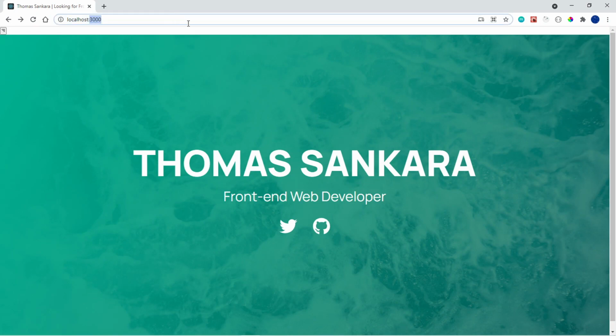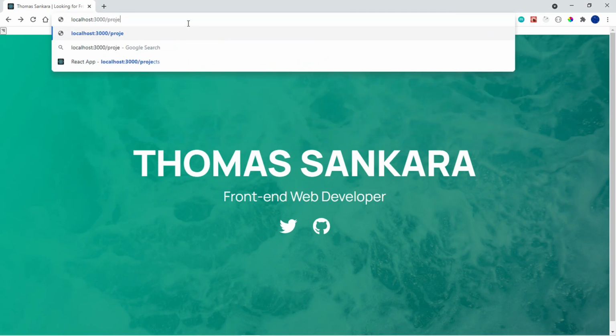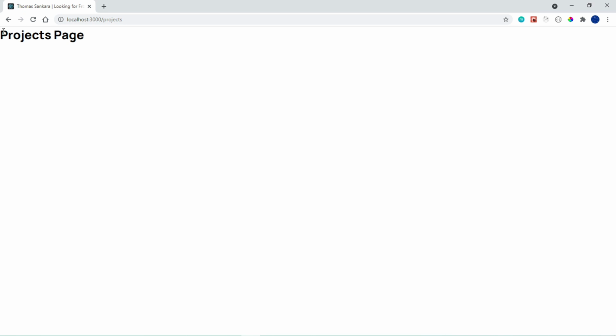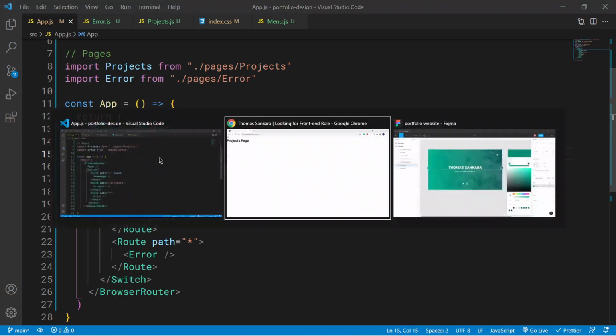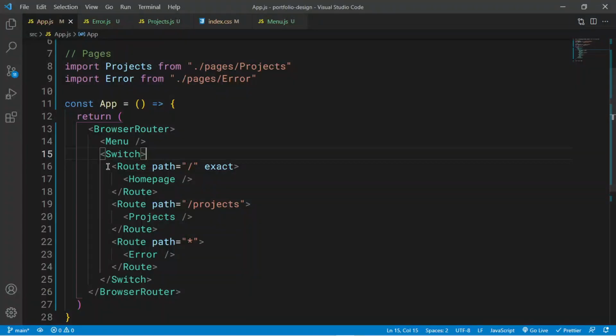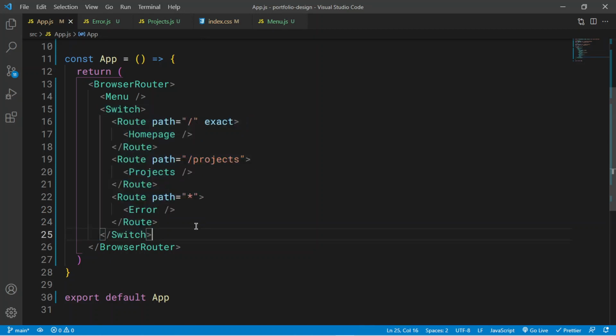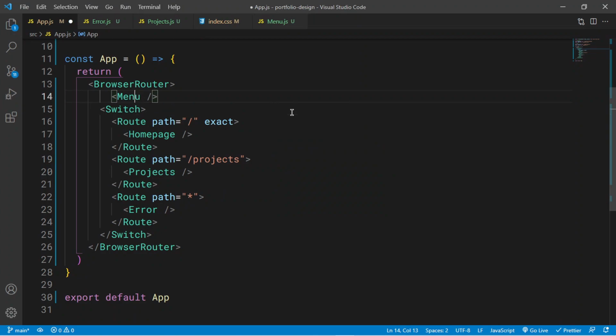But notice something. If I try to go to /projects, notice that our menu now doesn't appear, okay? And that's because I've only rendered it to show into the / route. So what I need to do is just grab this menu and place it outside of our switch. Remember, it is outside of our switch, okay? So that now it will show on every single page or every single route that we have. If I try to place it inside the switch, then notice what happens, nothing will display. Even if I go to the home page, nothing will display, only the menu. So make sure that you are always outside the switch,